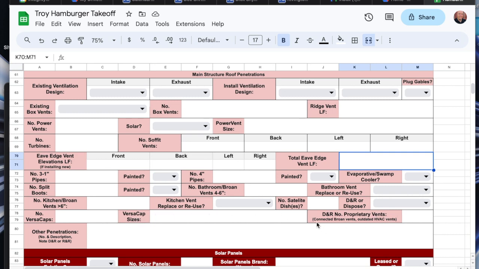Proprietary vents, these are older vents that may be connected to ducting, and for liability issues we should probably not reuse it. Usually they're outdated HVAC vents or connected brown vents that are going to be a problem for us. Sometimes we'll do a detach and reset on them and just repaint them instead. And then anything else that's not covered with these fields, please describe here how many of them there are and a